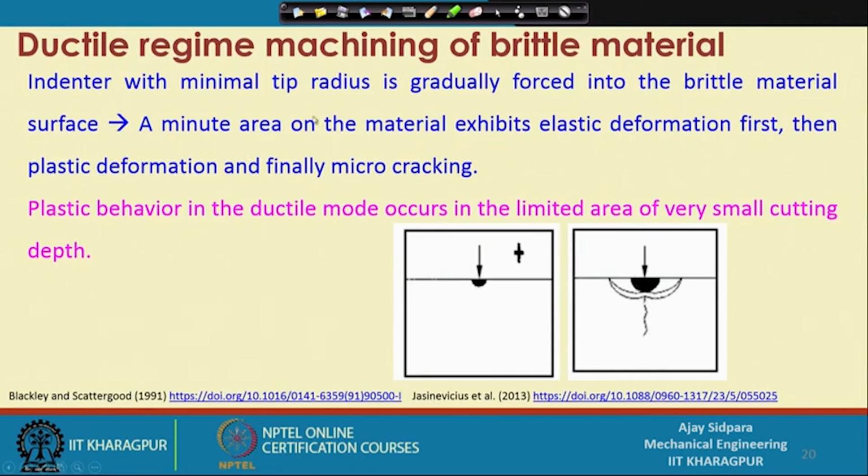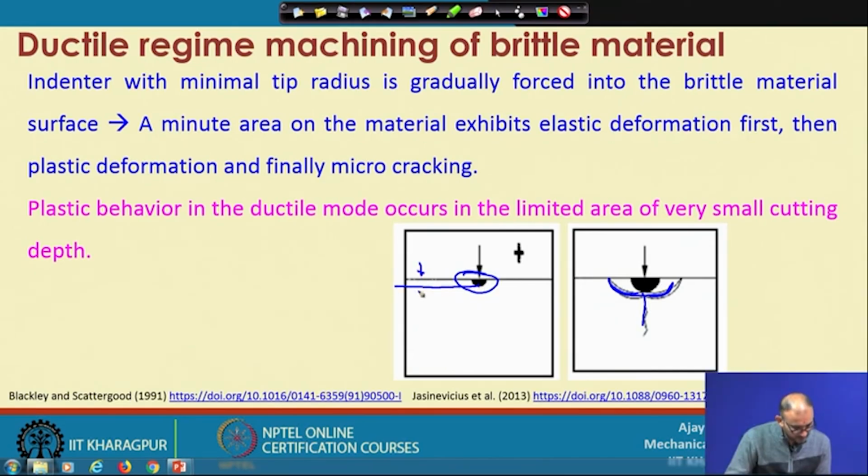So, an indenter with a minimum tip radius is gradually forced into the brittle material surface. A minute area on the workpiece exhibits elastic deformation first. This is the area we are talking about right now, and then plastic deformation, and finally micro cracking. This micro cracking will take place if you further continue your loading. Plastic behavior in ductile mode occurs in a limited area over a small cutting depth. So, now our objective is, if we cut any brittle material within this depth of cut, let us consider this as the depth of cut,